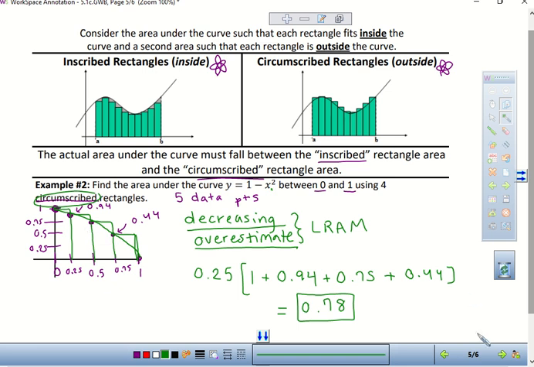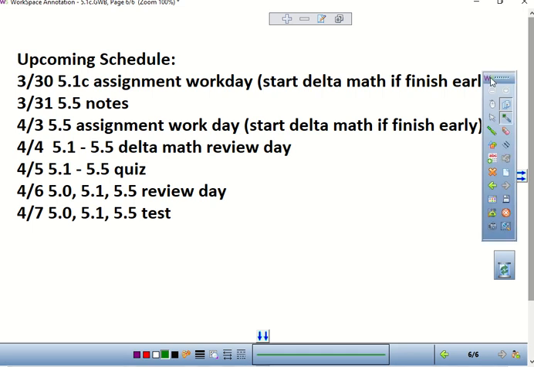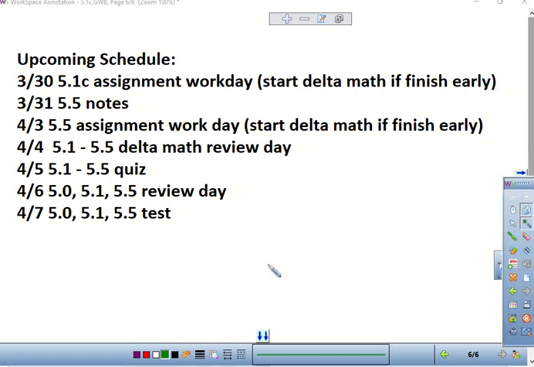You're welcome. All right, so this is your schedule coming up. So a few mentions before you guys start on your homework. Today I'll give you the homework to start, but you're going to have a work day tomorrow, which this is tomorrow. Okay, you're going to have a work day. But keep in mind the Delta Math review you're going to have, you only have 1 day to do that. So I recommend trying to get your homework done so you have a little bit of time at the end of class on the last few days to start the Delta Math early so that you're not ending up with homework. With this assignment, just like the last one, some of them are a little